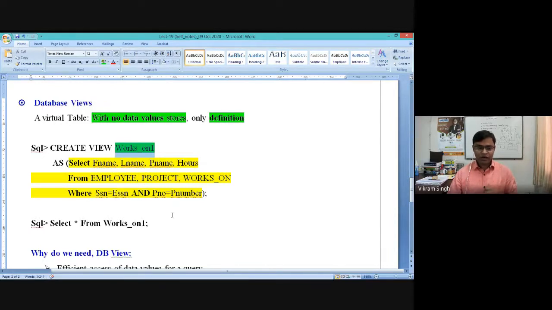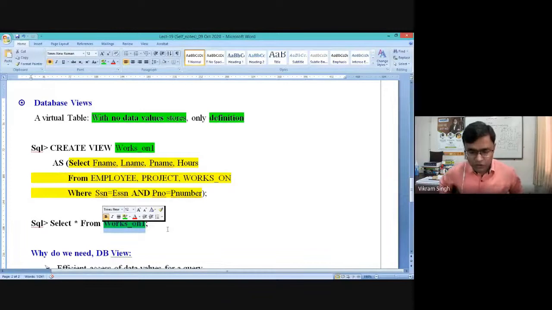Once the view is created, to get the data of this query, you can directly use this expression: select star from works on, right? Works on is the name of the view. So whenever we run this query, it automatically initiates or processes the view definition which we have stored in it.